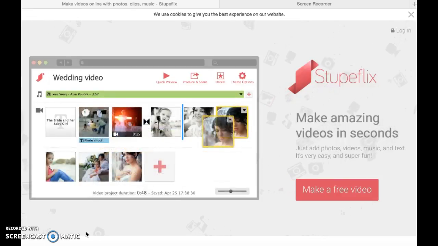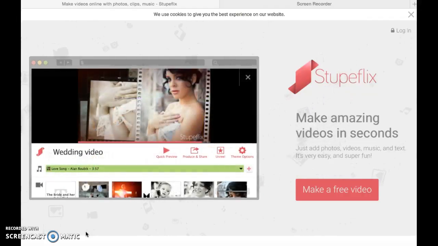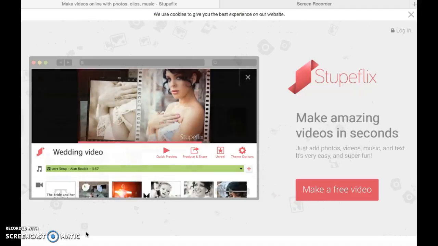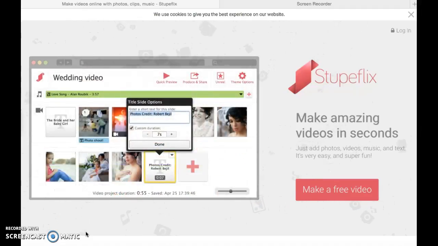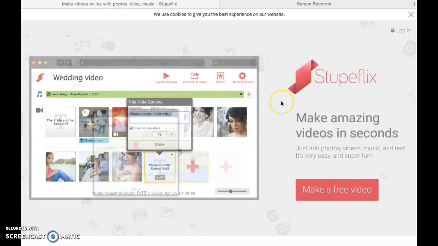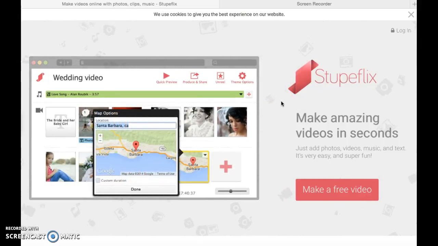Stupeflix is a website where you can make videos with pictures or video clips, add music to them, and you can utilize them in the classroom in a ton of different ways. Today we're going to learn how it works, how we can use it in the classroom, and what benefits it has. The first step would be to visit